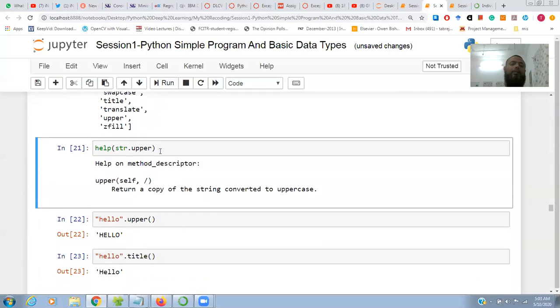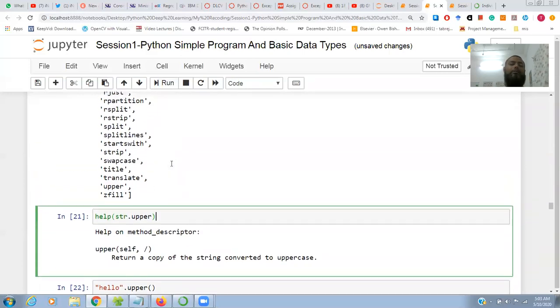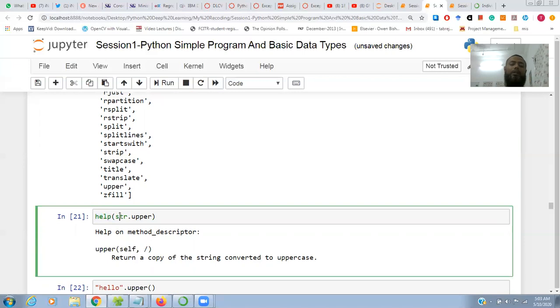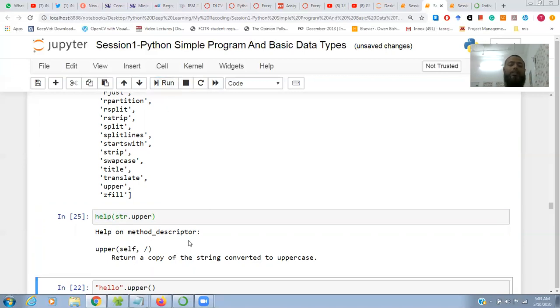And again, if you want to see some method, like for a string, what is upper? Suppose we don't know the meaning of it, we just write help, string dot upper. Then you can see the description.